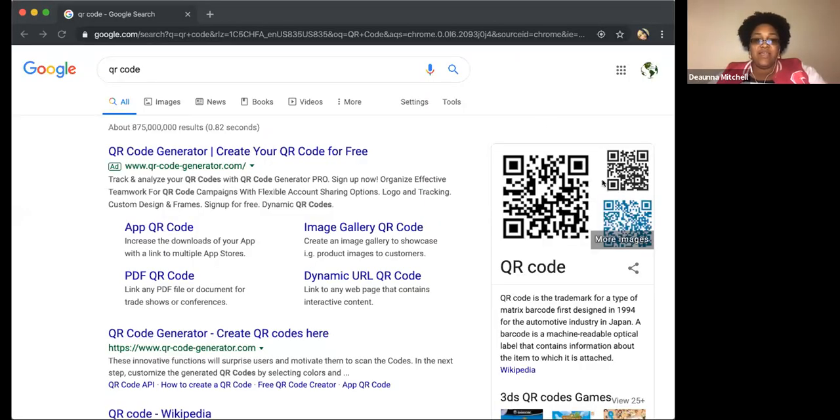Okay, so I'm going to share my screen so you guys can see what a QR code is. You have actually seen them before. This is a QR code right here. And what you can do, like John said, the band leader is going to have that on a shirt. You don't know what the QR code is going to lead to, and you can create, as you see, you can generate them for free.